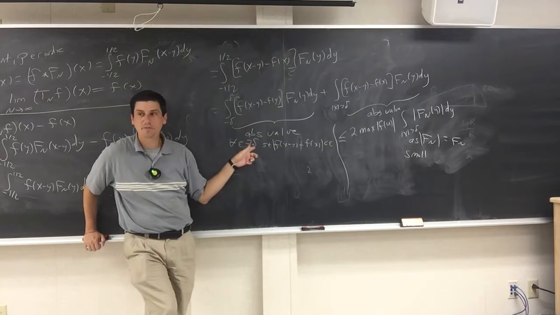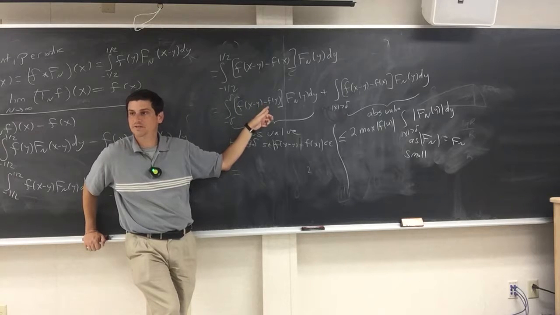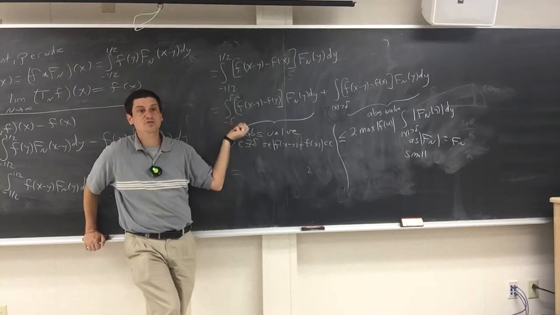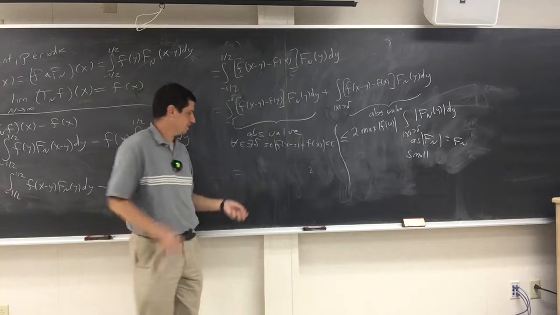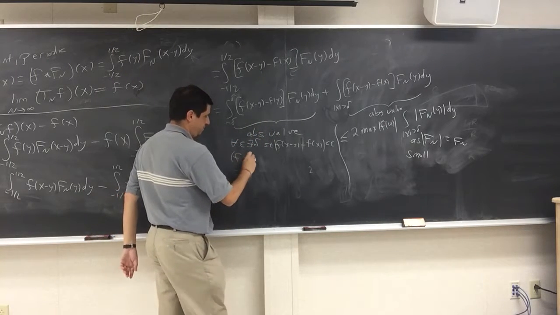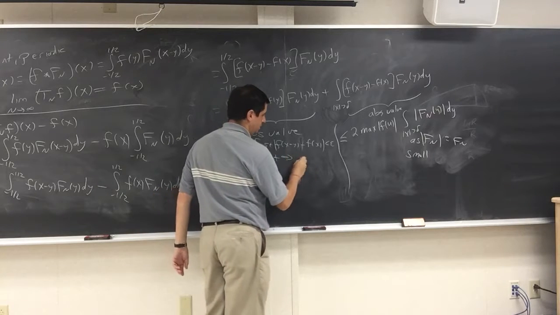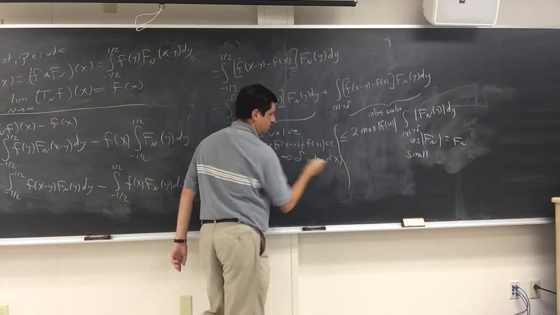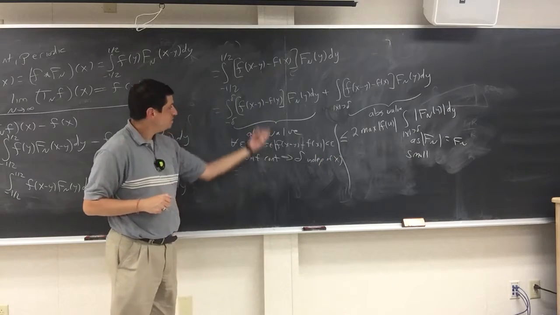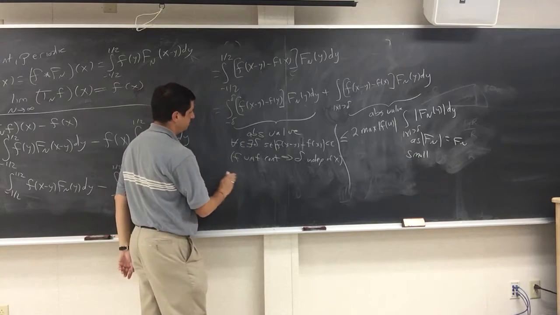This delta is independent of x. What would be terrible is if we had to use a different delta for different places of x. But we can actually use the same delta everywhere because f is uniformly continuous. Delta is independent of x. F is uniformly continuous, therefore delta is independent of x. So we can make this less than or equal to epsilon,